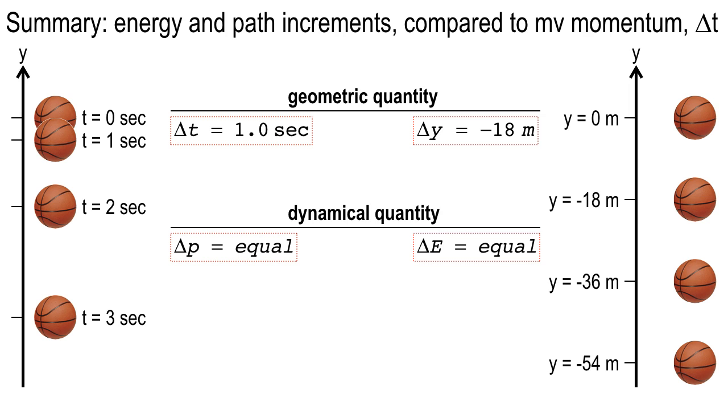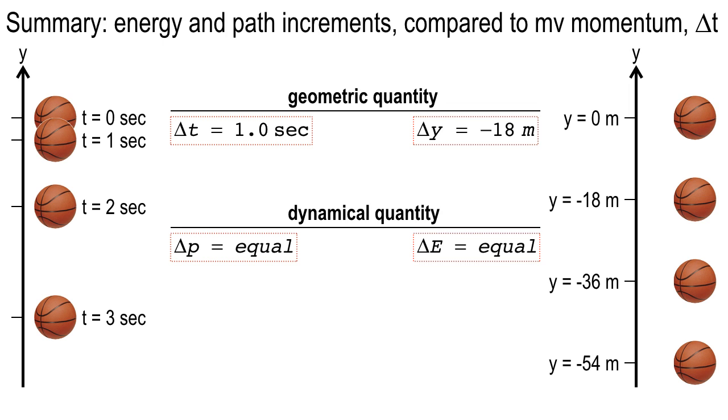The dynamical quantity that is the same for each is momentum for this partition, for this bookkeeping scheme over here. Raise your hand if you're an accounting major or if you've had an accounting class. Okay, and if you've been in accounting, you know that there are different ways to keep the books, and there's accounts receivable and accounts payable and all this stuff. And so you have to keep different systems in mind when you're doing the books.